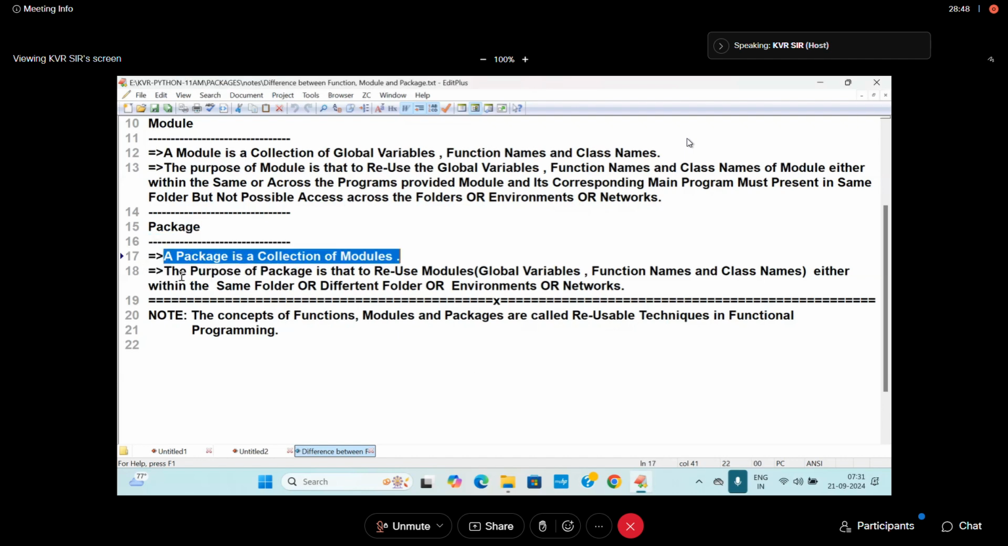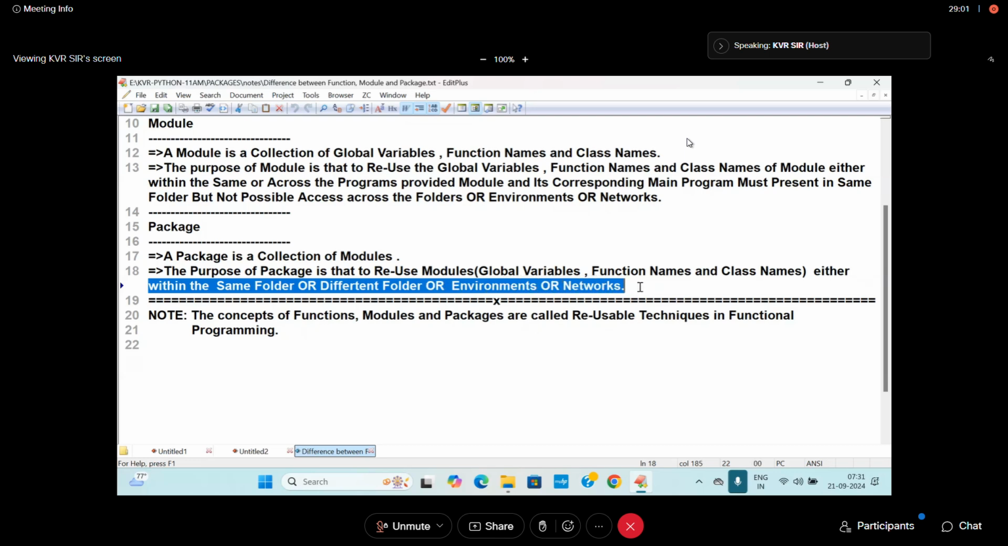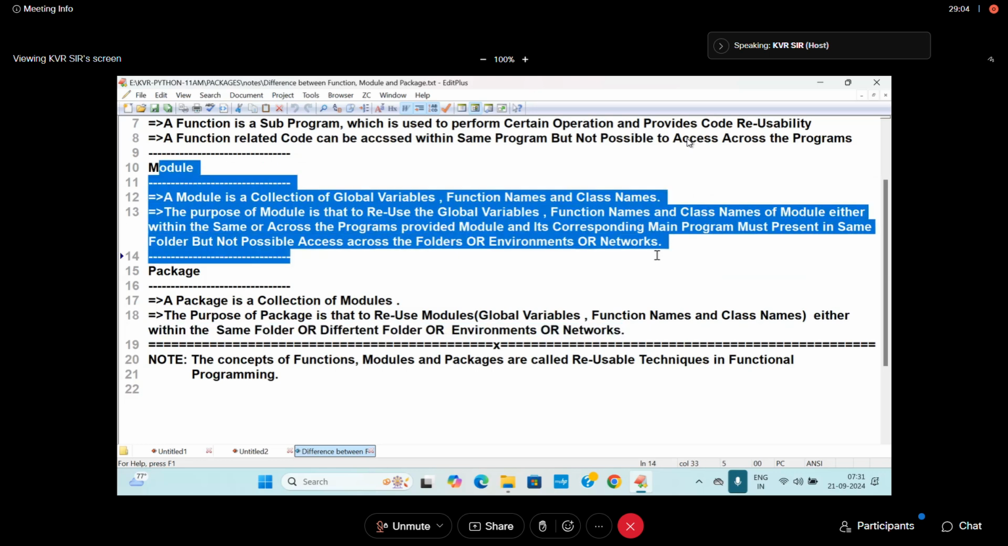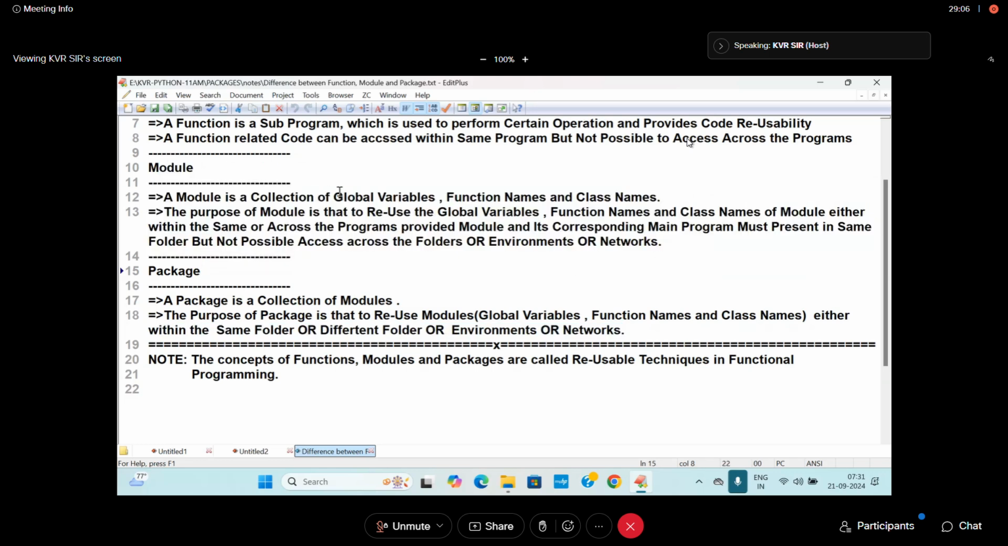A package is a collection of modules. The purpose of a package is to reuse modules, meaning global variables, function names, and class names, either within the same folder or different environments, different networks. A module is already possible to access global variables, function names, and class names, either within the same program or across the programs, provided the corresponding main program is present in the same folder, but not possible to access across the folders,